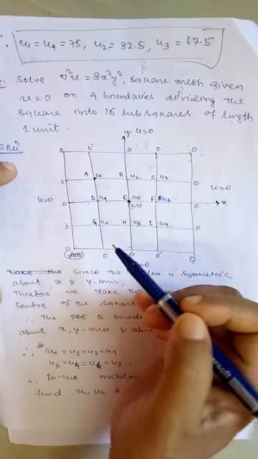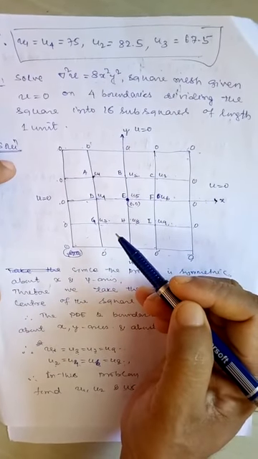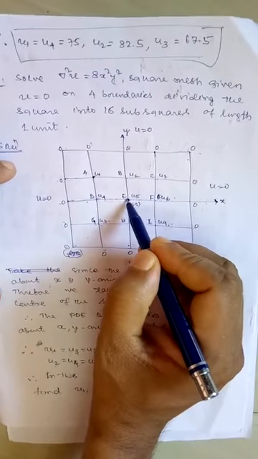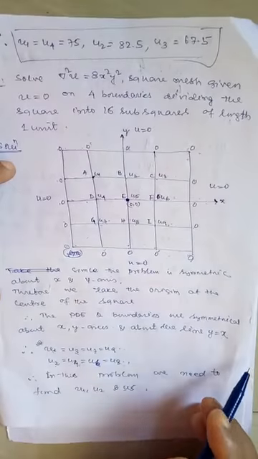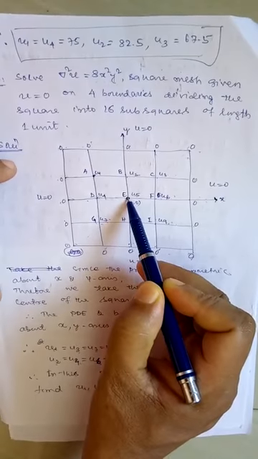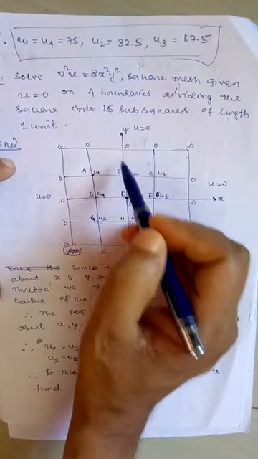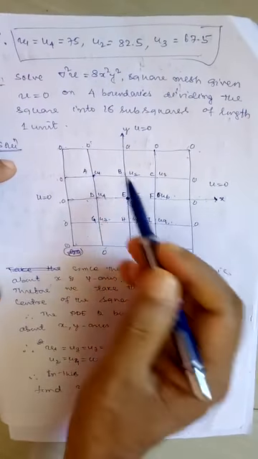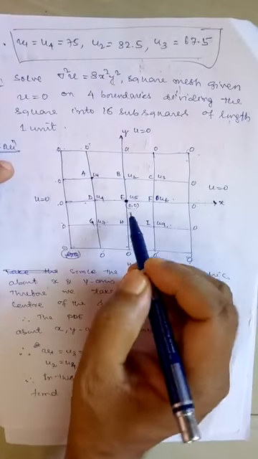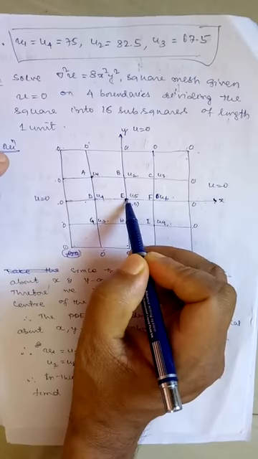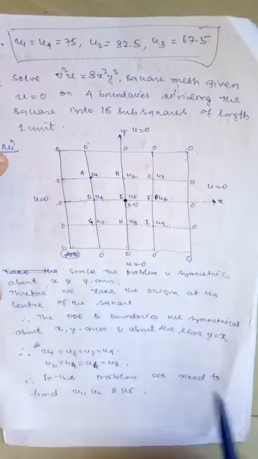Now in this problem, which one will be our center point? So here our center point will be u5. So why will you take the center point u5? Because here x may be positive or negative. So if we take the intersection of the x and y axes, the origin, then we can find the value of u at other grid points. So in this problem particularly the center will be nothing but the origin E.